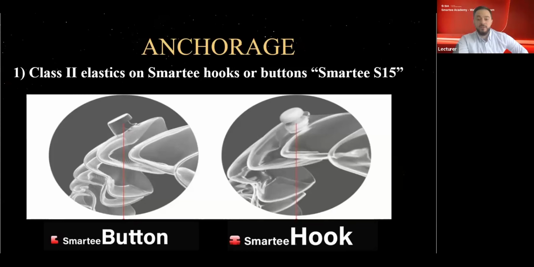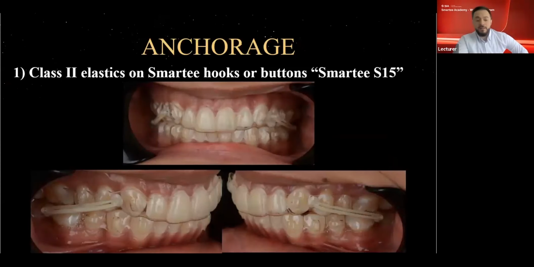So to overcome all of these drawbacks, Smartee has come up with a solution of integrated hooks and buttons within the aligners. So instead of applying the force to a single tooth, these hooks will ensure that the force is applied to the entire arch instead of the single tooth. Another advantage is that we can apply it interdentally between the teeth. So if you want to place attachments on the adjacent teeth, you can place the attachment of your choice without any interference, and you don't have to worry about these buttons being debonded or falling down,